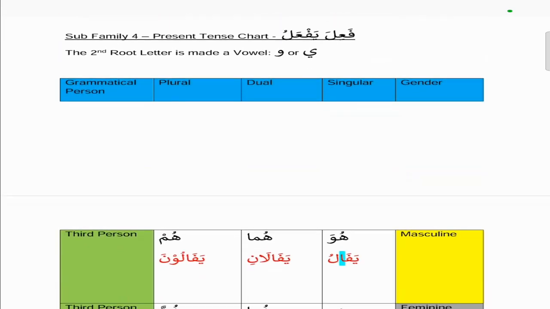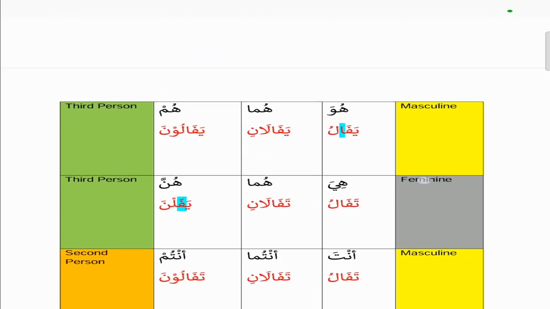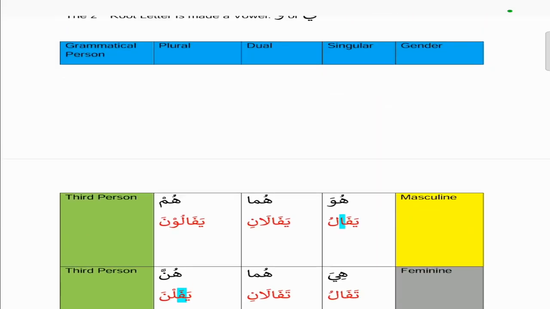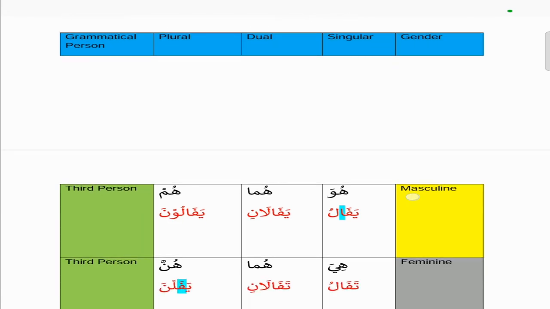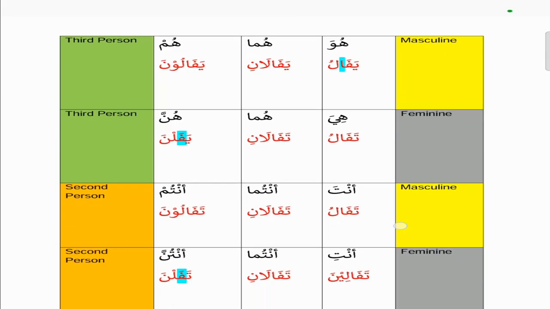So we move on to subfamily 4 with the present tense chart. So we'll use fa'ila, this is the fa'ila yaf'alu. So we'll use the 3 root letters. The first one is the fa, the second is the wa or ya, and the third is lam. So you see in the huwa version, because this is a fa'ila yaf'alu family, remember the second root letter, the ain, has a fatah on it. So when that second root letter ain is replaced with wa or ya, because this family's second root letter takes a fatah, it turns into an alif. So the huwa is yafalu,